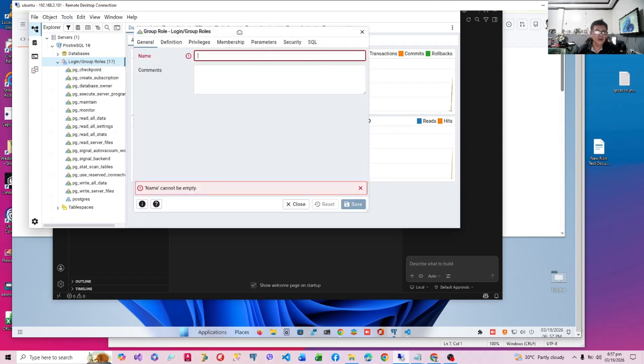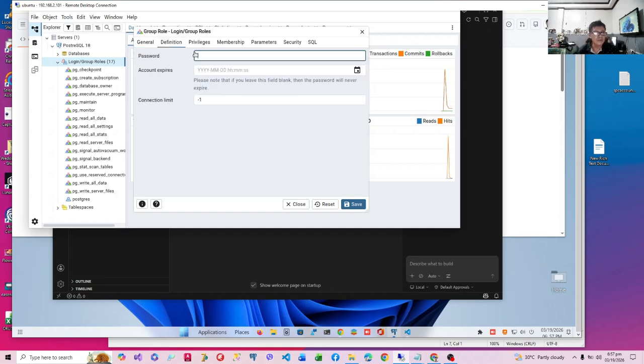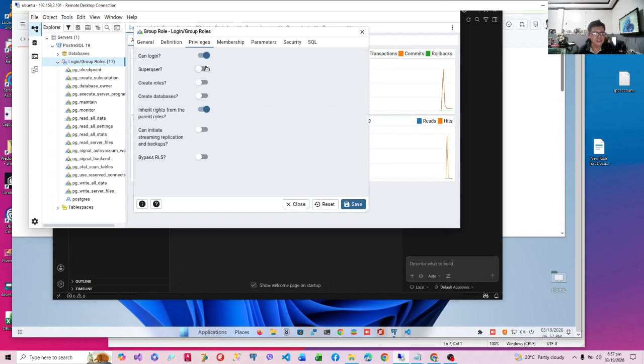So you now have a new screen. Now this is used to identify our user. Under the General tab, in the name edit box, we type Odoo user, or you can type anything you like. And then we go to the Definition tab, and then we type the password, for example, also Odoo user. You have to remember that. And then the privileges, you just check everything, and then we save.